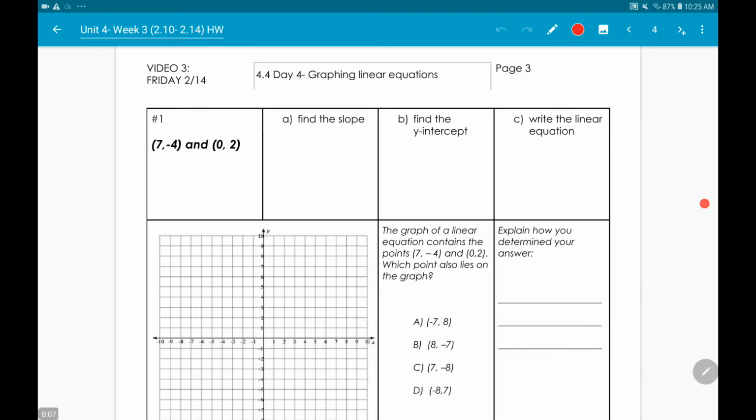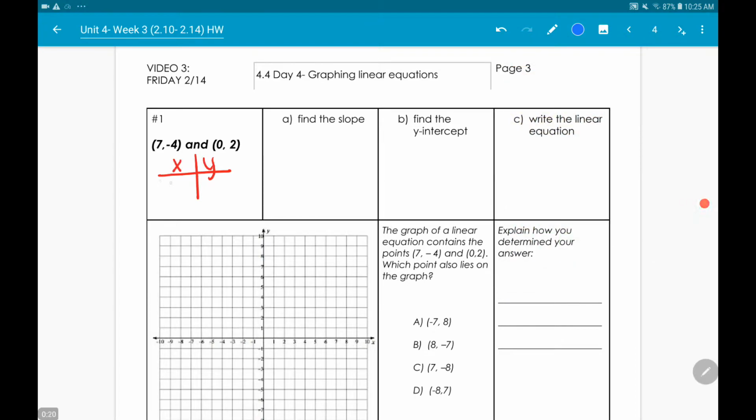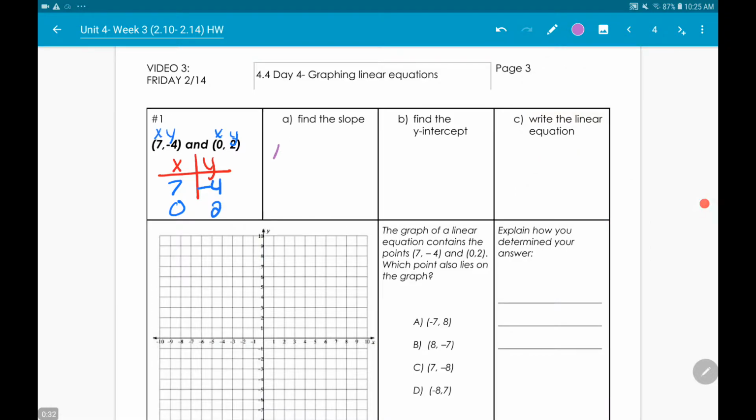So we're first going to start with writing the equation, and then we're going to go ahead and graph it using that knowledge. So I have 2 points, so I'm going to set them up in a table. So I have 7, -4. Remember, x goes first, and then 0, 2. X goes first. All right, so to find my slope, I need to do the change in y